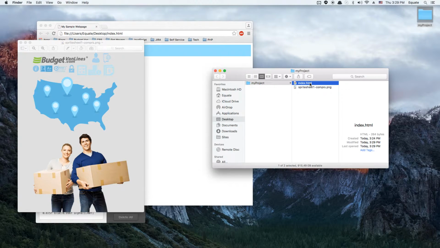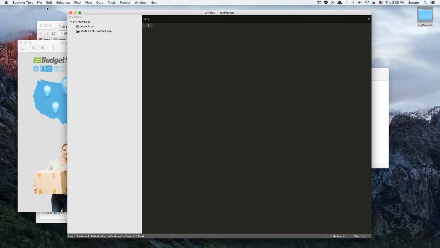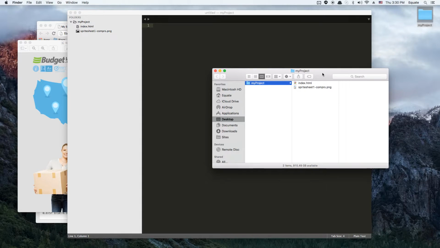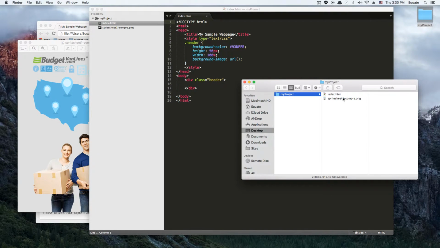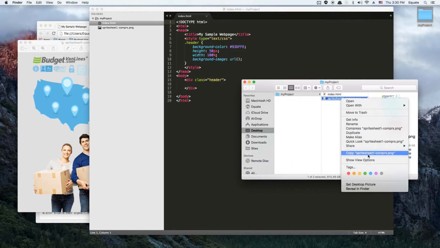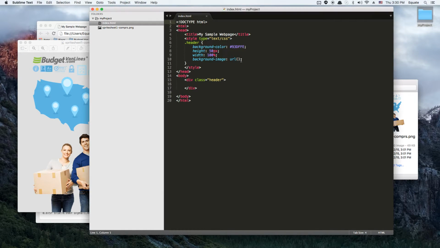And now I'm going to come back here, and drag my entire project over into Sublime. Now you can do the same thing, you can just click on Sublime and open it up the same way from the desktop, that's fine. Coming back to my index.html, now that the paths are correct, I can just rename, and that's a quick shortcut for copying the name of the image that I want to link to. So here I'm going to put in quotes, the image,